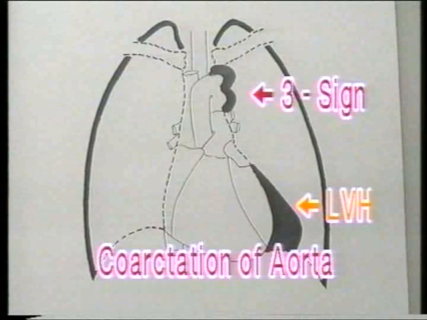In coarctation of aorta, the left border of the aortic knuckle and descending aorta may show the classic 3 sign if the coarctation is situated on the descending part of the arch of aorta. It is the site of coarctation itself with pre and post stenotic dilatations above and below. The heart shows left ventricular hypertrophy seen as cardiomegaly with apex displaced downwards and outwards.